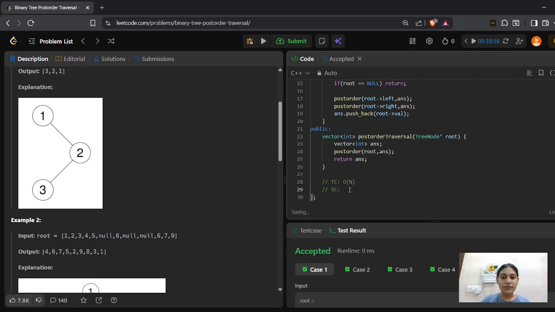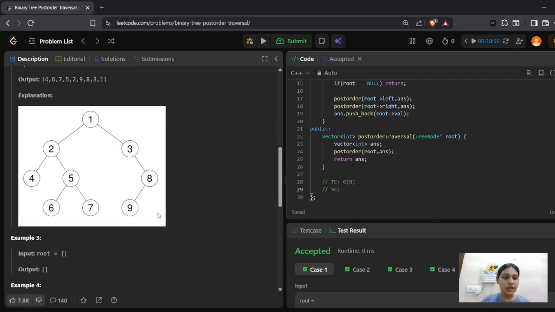And if you talk about the space complexity, in our stack, the maximum size of the stack was equivalent to the number of nodes present in the longest path, or the height of the tree. In this question, we have maintained up to a maximum of 4 elements in our stack.